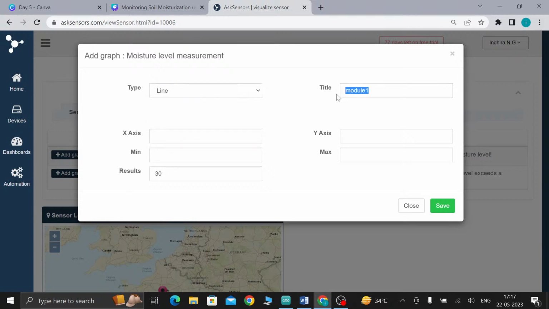In the module name, I am going to change this to moisture level. For the x-axis and y-axis, I am going to give date and value. You can also give the minimum and maximum level. Let's go with 0 to 100 and click save.